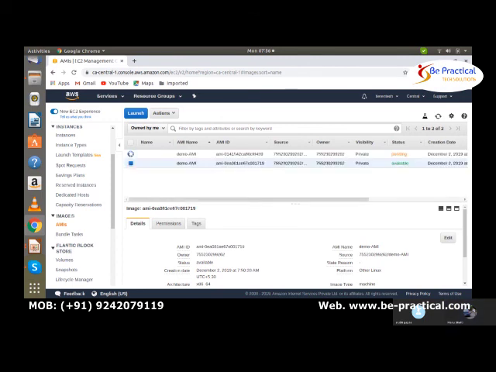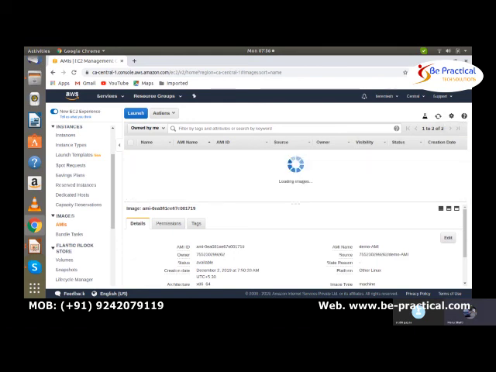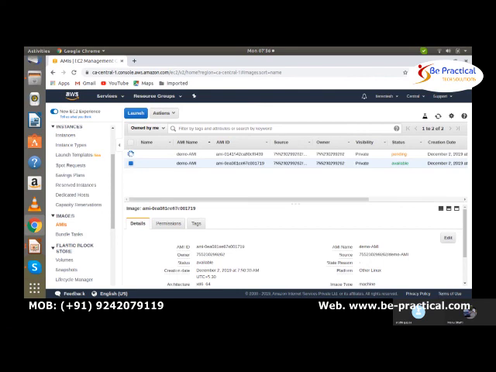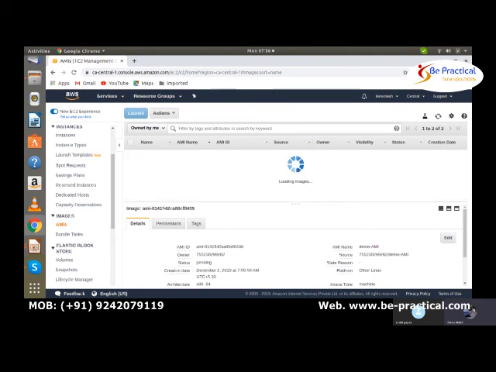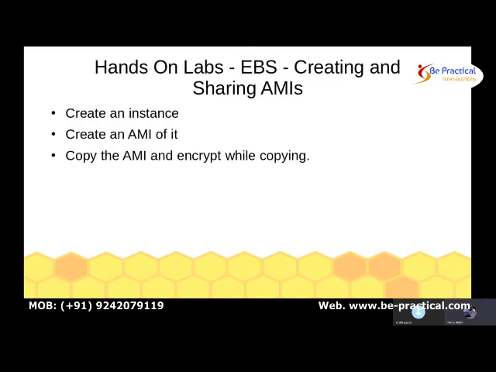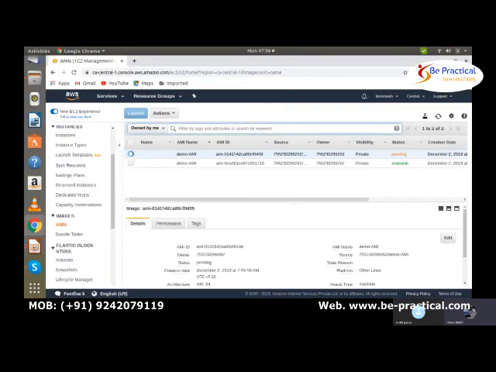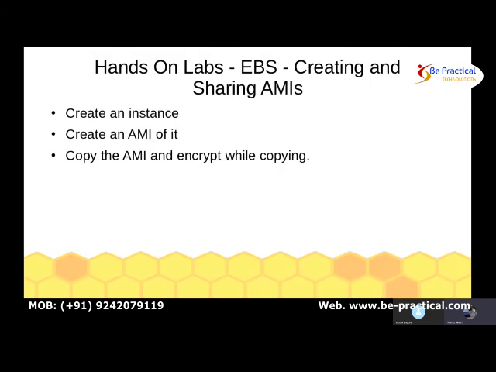In the same way as with the snapshot, we can also share this with some other AWS account. It will get completed. So the things we carried out for our snapshots, we can do the same with these also.